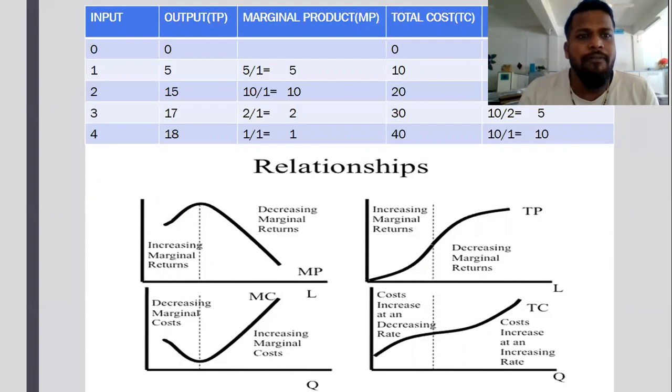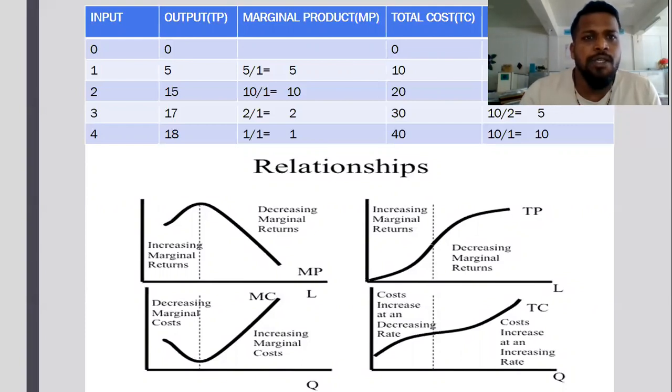First I add one labor, then I employ one more labor, and again one more, and again one more. That is the situation. Initially I don't have any labor, and input one means I employed one labor. Input two means I employed one more additional labor, input three means I again employed one more, and input four means I again employed one more labor, like that.